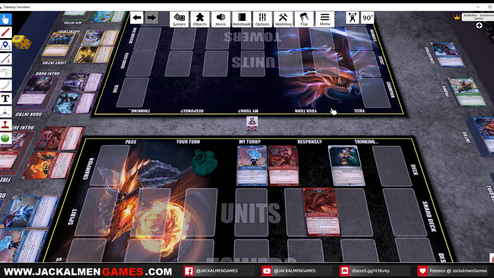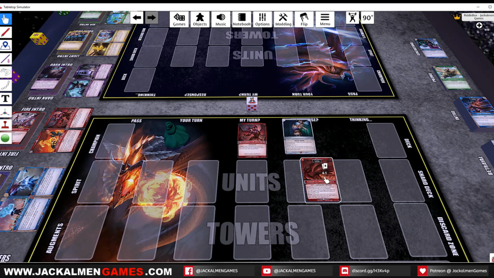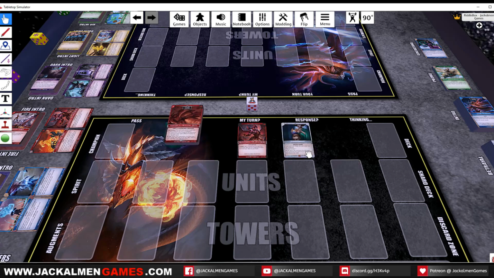It's very simple. It's very easy. You guys can see that. And then now we have everything together. So you'll see that we can put the champion and the spirit back together. We have our shards here, and we have our deck. So if we just put these back in the bag,